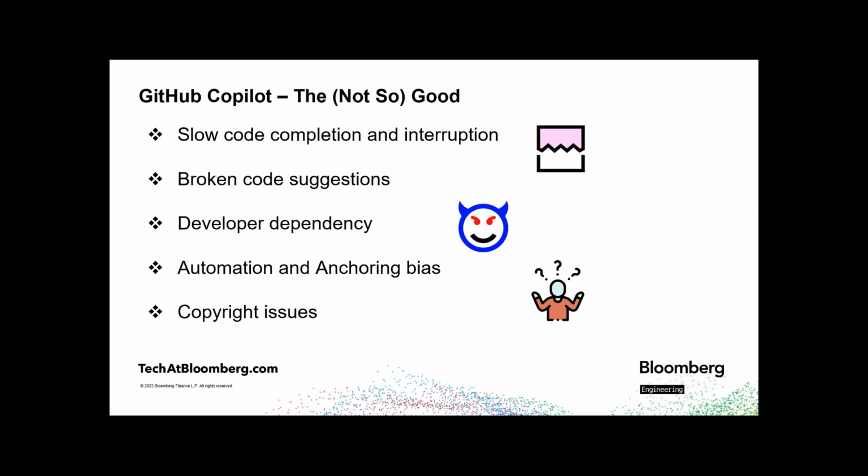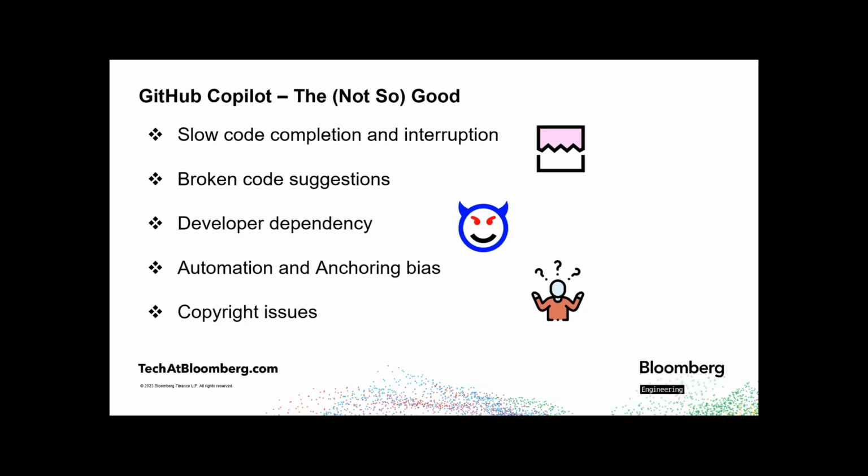It could provide broken code suggestions. So code isn't perfect. It's scanning GitHub repos. Some of the code is good, some of the code is bad. It usually gives you good code suggestions, but not all the time. So you do still need to use due diligence in the code that it suggests for you,